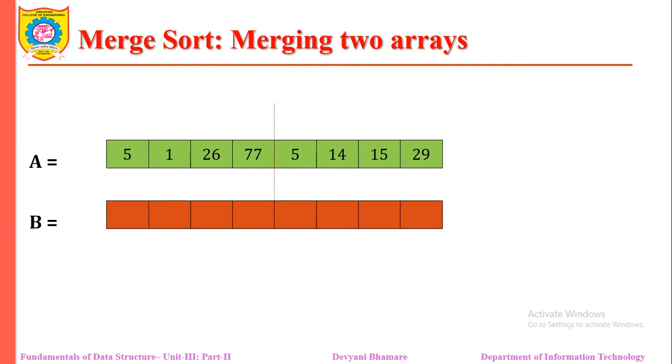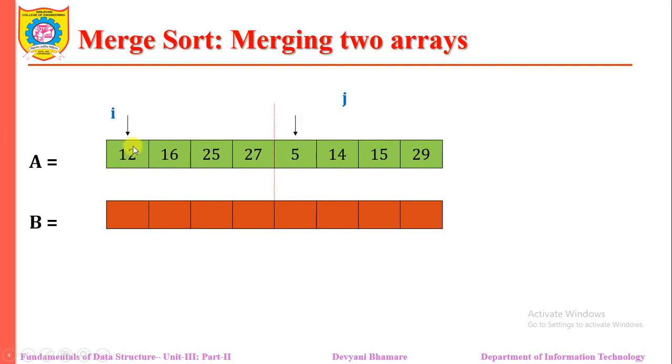The important concept is how we do the merging. To perform that merging we require one external array, let it be B. If you want to merge the two subarrays, elements from A of 0 to A of 3 and A of 4 to A of 7, we consider i as the counter which points to the first element of the first subarray, and we require another counter j which points to the first element of the second subarray.